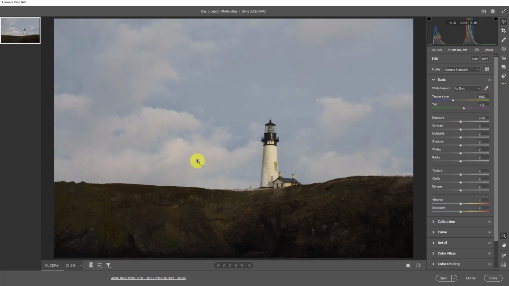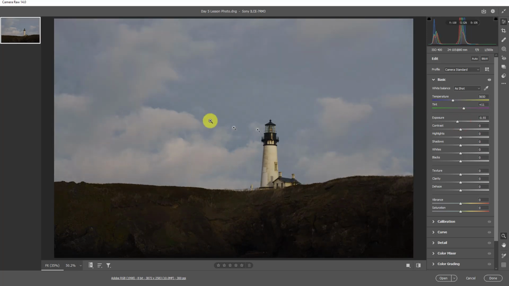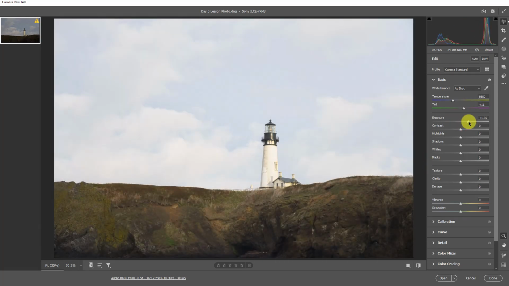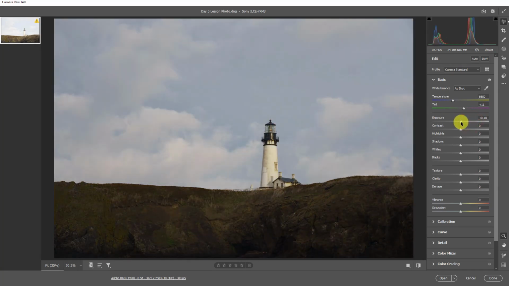So let's break this image down. We've got this lighthouse, we've got the foreground. If we look at the exposure here, the foreground is rather dark and the background is rather well exposed. So if I were to try and make it a little bit darker to get some more contrast in the background, our foreground gets too dark. If I were to try to make this a little bit brighter, our foreground looks great, but our background gets too bright. This is where local tools are great because you can compartmentalize and separate things out from the background and the foreground. You can make individual edits how you see fit, and we're going to talk all about that